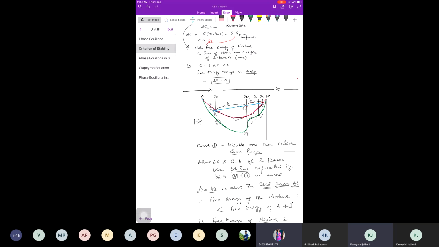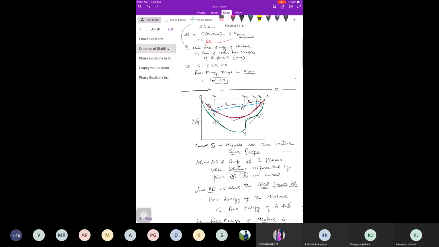Yeah. So if you take say two mixtures, suppose I take A and B. Composition is XA and XB, right? And if I mix these two solutions in different proportions, it could be 100 ml, 100 ml, it could be 50 ml, 50 ml, it could be 50, 100. Different proportions में mix किया मैंने. So what I'll get is, if I mix it, I'll get the composition on this line which is joining A and B,